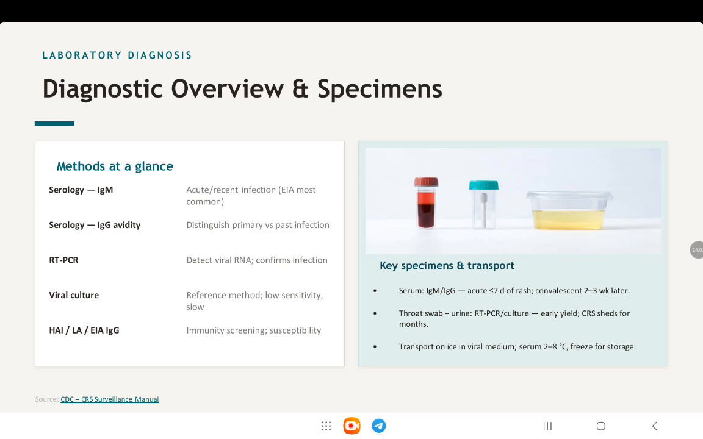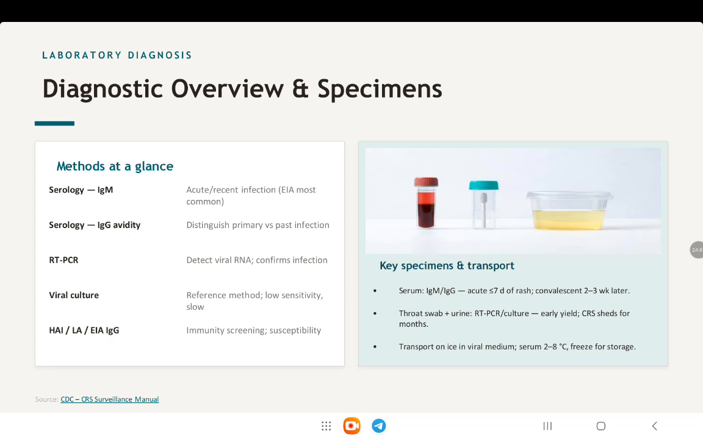How do we diagnose? There are 4 main diagnostic methods for rubella. First, serology, which detects IgG or IgM. Second, IgG avidity, which helps determine whether the infection is recent or occurred in the past. Third, we can use PCR, which detects the viral RNA directly and is especially useful for early infection. Fourth is virus isolation, but it is not used now; it is used only for research and